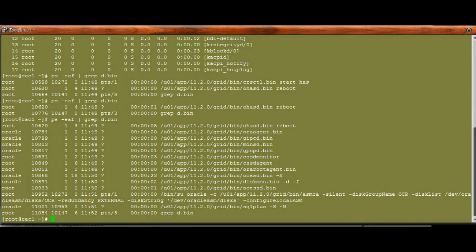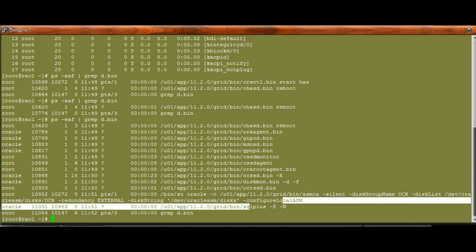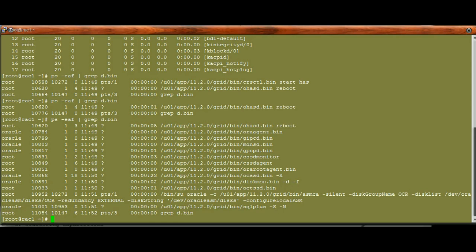See here all the daemons were started. Now OHASD, Aura agent, MDNSD, plug and play services, CSS monitor, CSS daemon, CSS agent, cluster service synchronization daemon, disk monitoring, cluster time synchronization daemon were started successfully, and SQL Plus now,